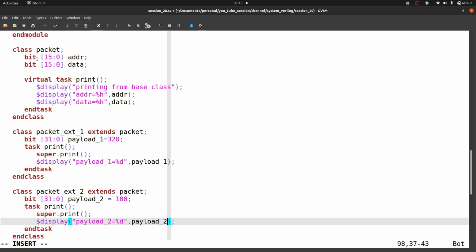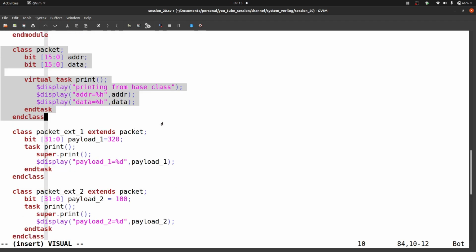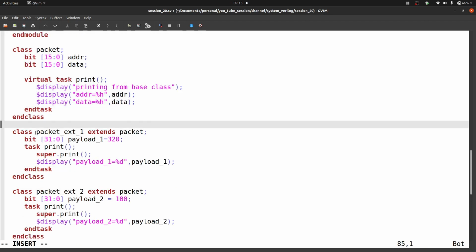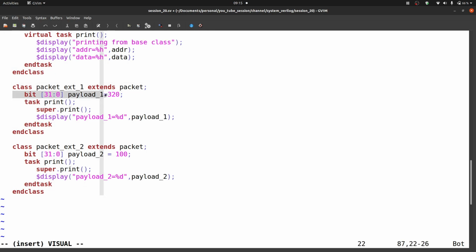So in this example we have declared one base class, right, and we are extending two classes. One is packet_ext1 from the packet class and one is packet_ext2 from the same packet class, and inside them we have their individual fields like payload_1 and payload_2, right. We have also initialized some values, and inside task print we are writing